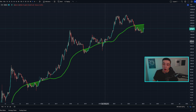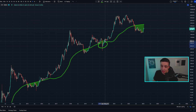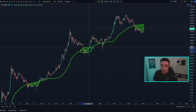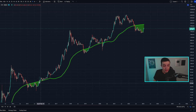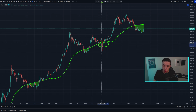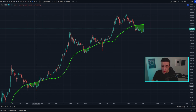I'm just letting you know what has happened throughout history when the Bitcoin price has traded underneath this 1,000-day simple moving average. And so once again, historically speaking, when the Bitcoin price is below this moving average, it has historically provided major opportunities to accumulate Bitcoin for the long term. Now, obviously, this is not a short-term signal. This does not tell us we're going to be all making a lot of money tomorrow or even next week,